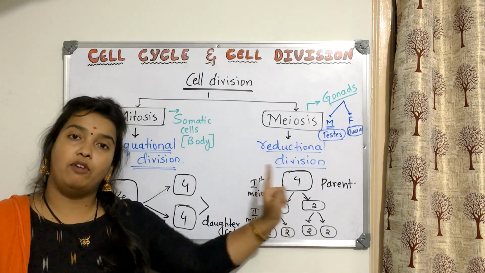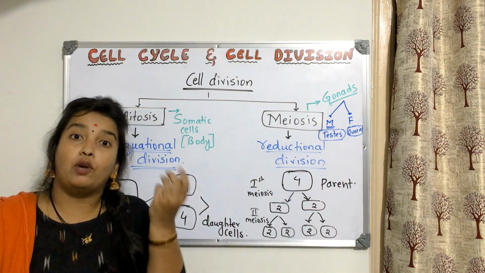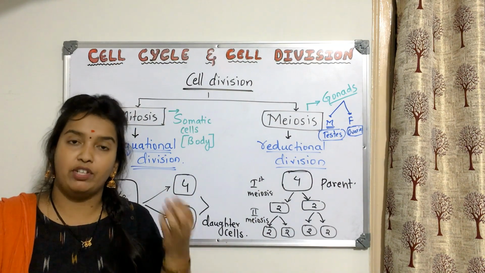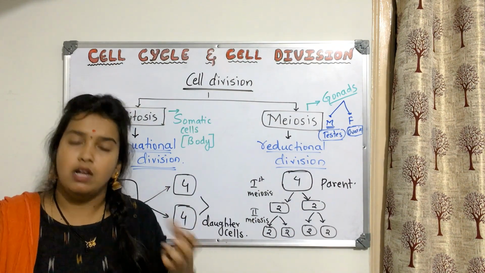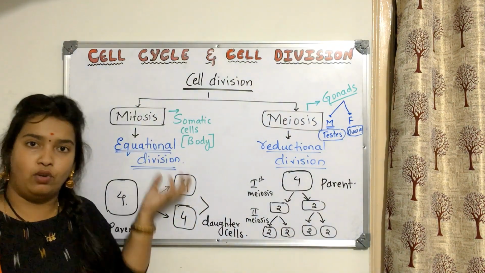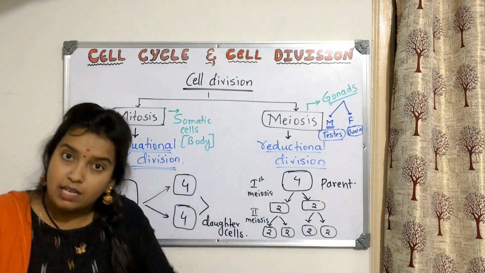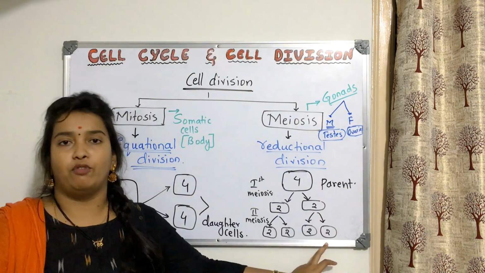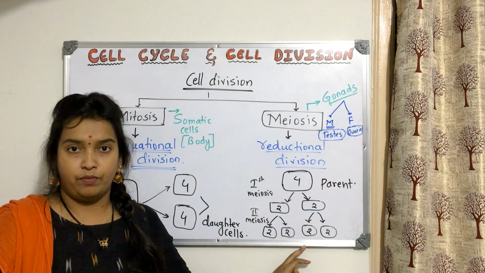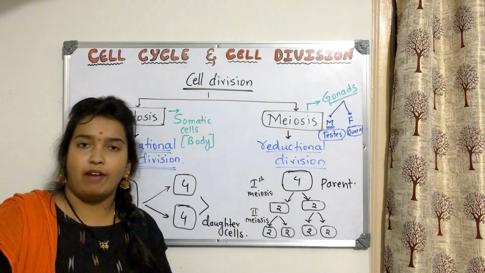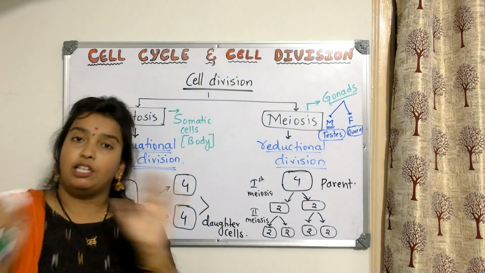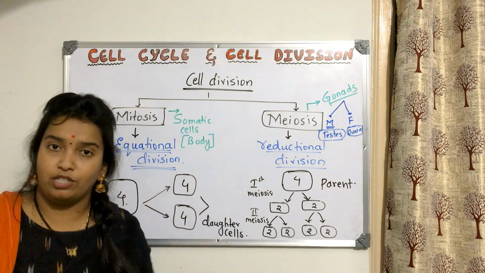If you take the example of females, in the ovaries there are oogonia cells, which are egg mother cells, we can call them. Those are like body cells only, but they undergo meiosis and then produce gametes. In females, we again have the polar body and all those things. Everything you have studied in the human reproduction chapter.